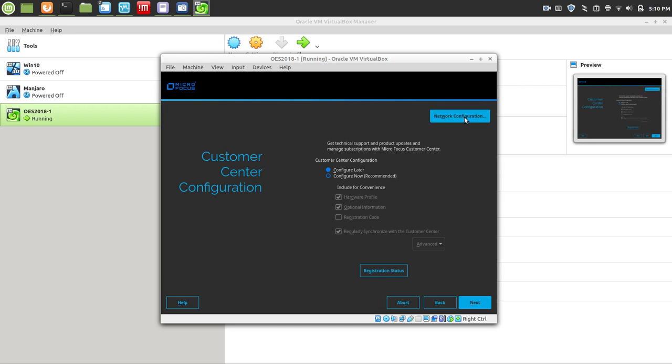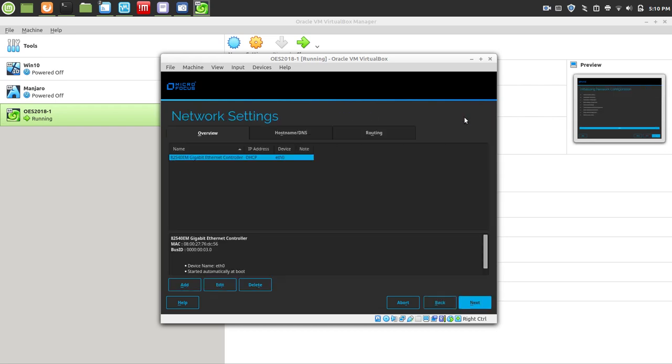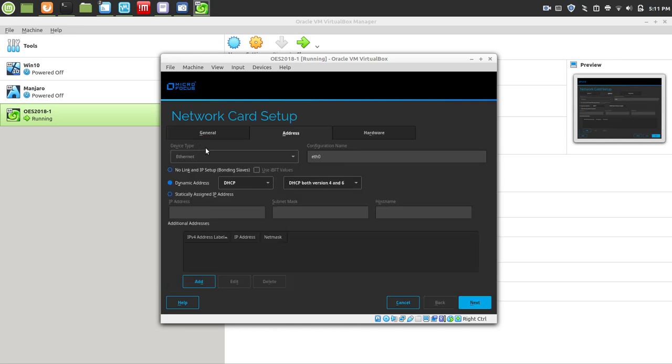So now I'm going to click on network configuration, and you can see it's right now set up for DHCP, and that would work for boot, but it'll usually complain. So what we'll do is we'll just put in the static IP. I'm just going to use an internal IP address,